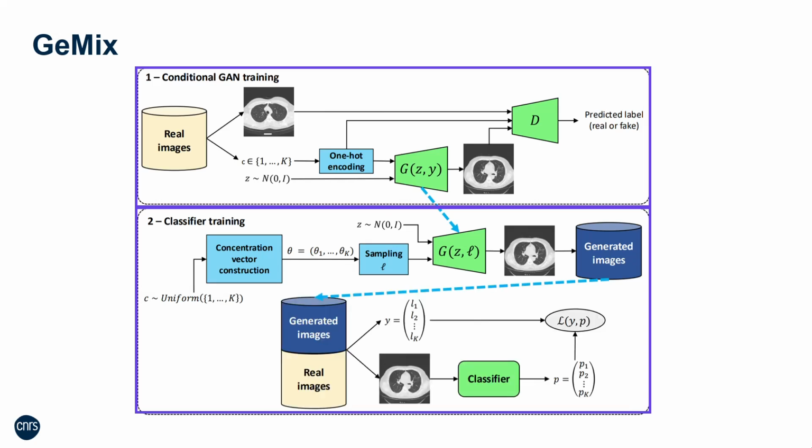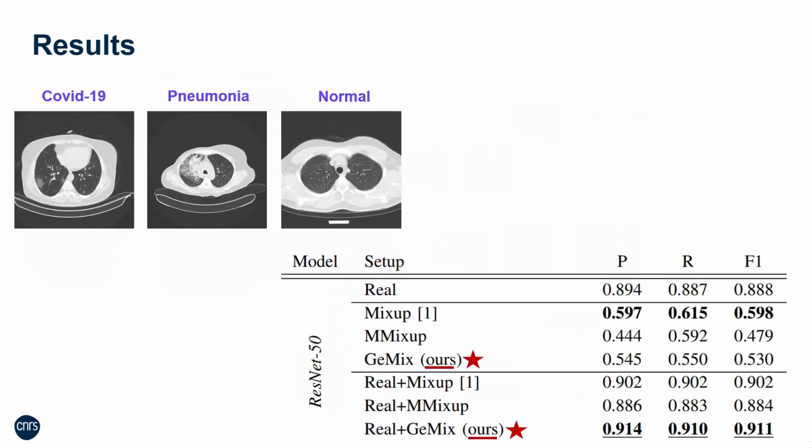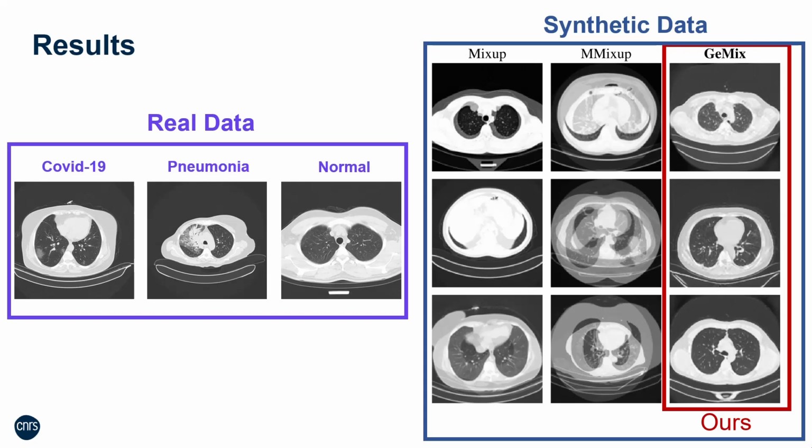With this pipeline in place, the next step is to test its effectiveness. We evaluate GeMix on the COVID-X CT3 dataset, which contains chest computed tomography scans from three categories: COVID-19, pneumonia, and normal cases. Compared to classical mix-up and the generalization M-mix-up, which blend as many images as there are classes, GeMix consistently improves classification performance. Qualitatively, our samples seem to look more realistic than pixel-blended ones, preserving lung anatomy and avoiding